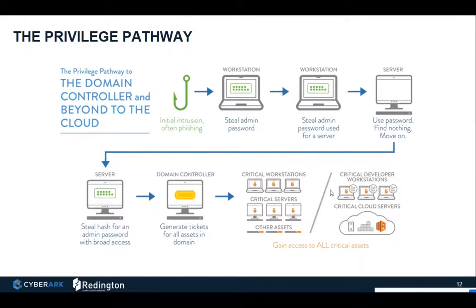So once you have that specific compromise done on the domain controller, the next thing you look at is the other assets, the critical servers and workstations in my environment, and try to do exfiltration of data, or try to do lateral movements and disrupt the business, so that if it is a competitor doing it, of course the competitor gets a benefit out of it. And of course, once you have the entire access, you can always expand your attack and try to go to the critical server in the cloud. And now you have entire control of the on-premise as well as the cloud service. So this is the pathway you need to